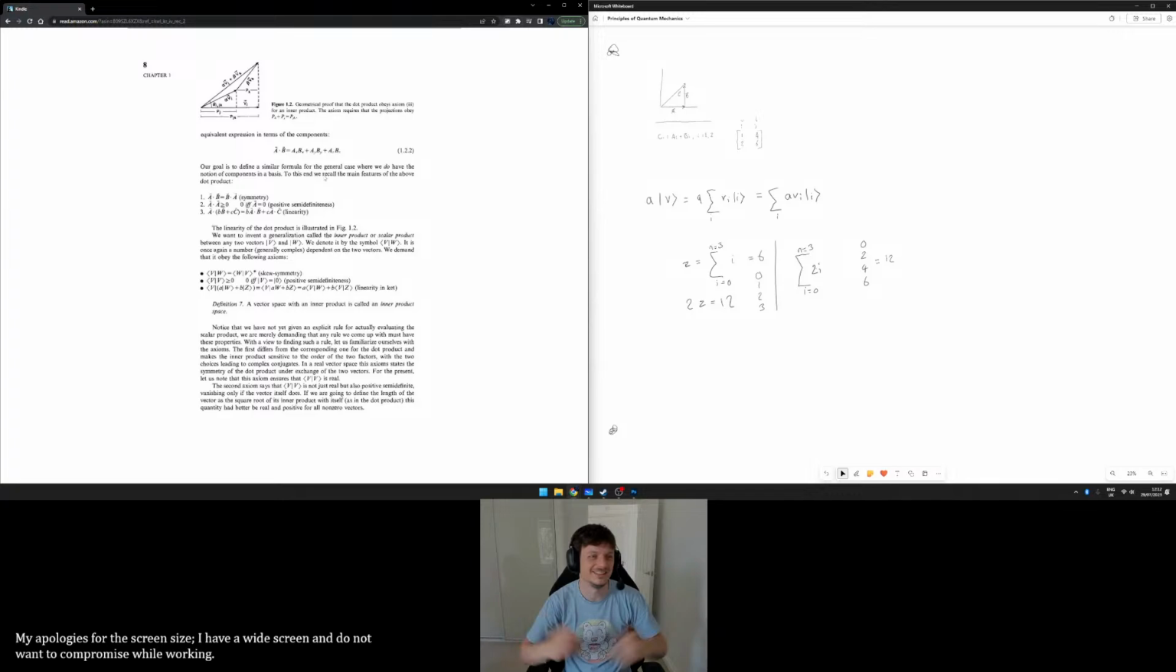That's amazing. Our goal is to define a similar formula for the general case where we do have the notion of components in a basis. To this end, we recall the main features of the above dot product. Symmetry. There is symmetry. Okay. Positivity: the dot product of A with itself is greater than or equal to 0,